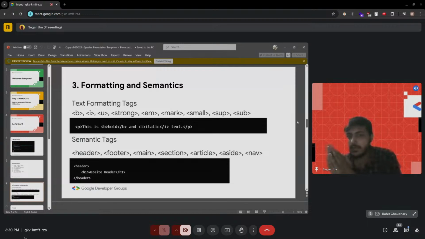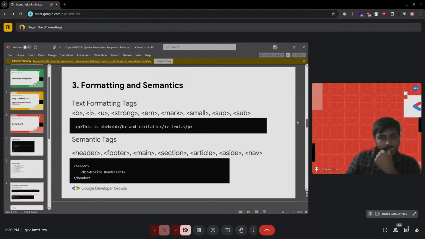Like how we format in Word, if you have to write in italic text, paragraph, anything. Strong means to bold, em means to emphasize or mark things, small means to make text small, subscript, superscript, all things are common formatting. And semantics means you have to put a header, footer, main, section, article, aside, nav is basically